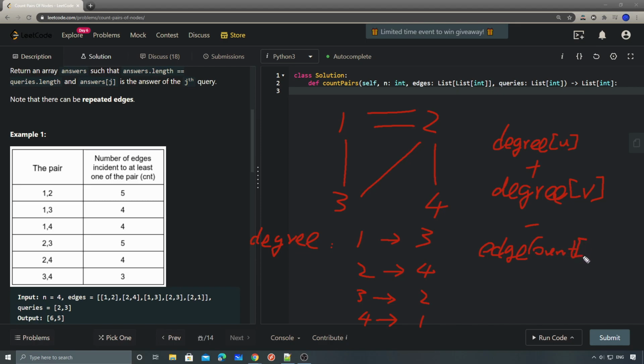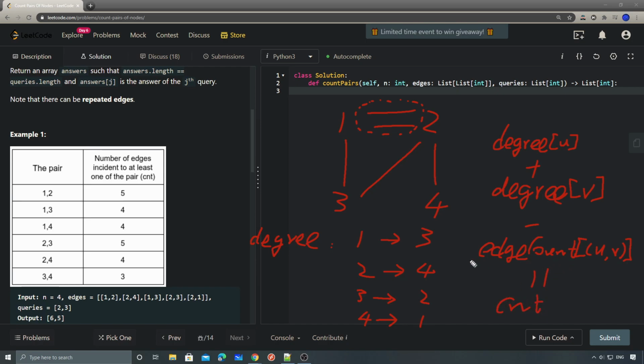The edge count between the u and the v, right? So for example, we have 1 and 2 here. So degree 1 plus degree 2, we have 7. And 7 minus what? Minus 2, because we have 2 edges between 1 and 2. That's because when we calculate this one, we're double counting the degrees. This one will equal to count,